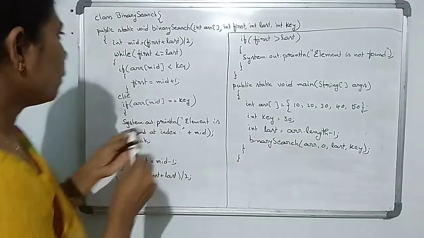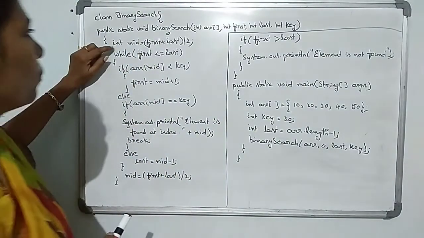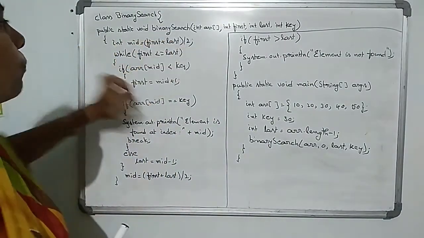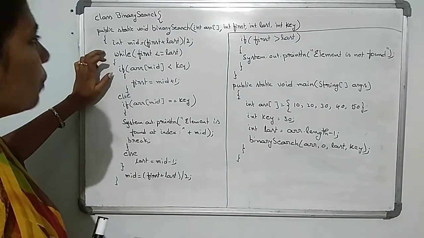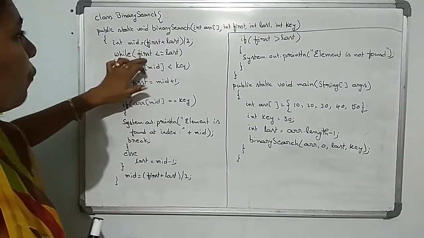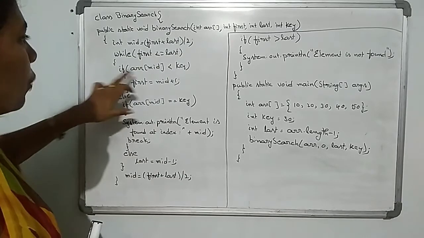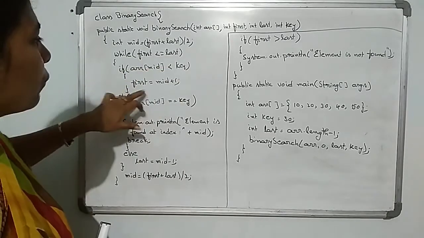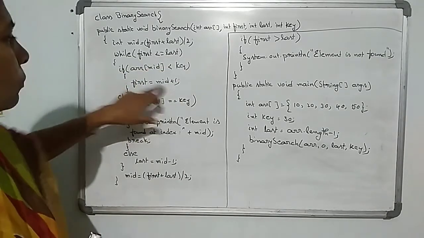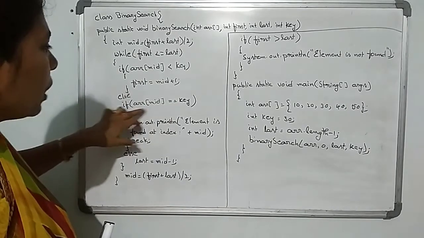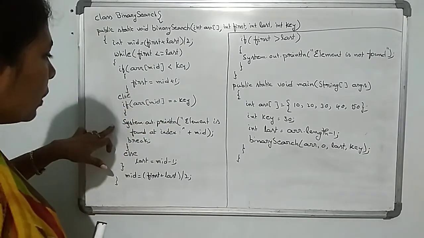First of all, you calculate the mid value: int mid equals first plus last divided by 2. Then you compare first and last. While first is less than or equal to last, if array of mid is less than key, then first equals mid plus 1. Else, if array of mid is equal to key,